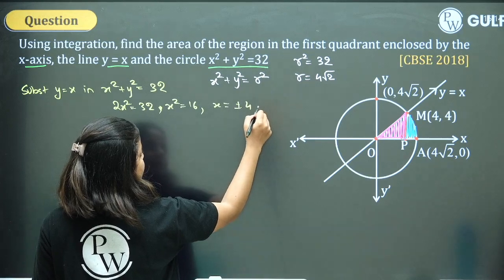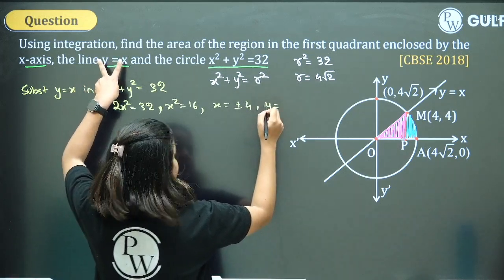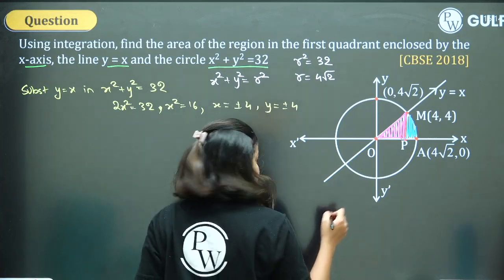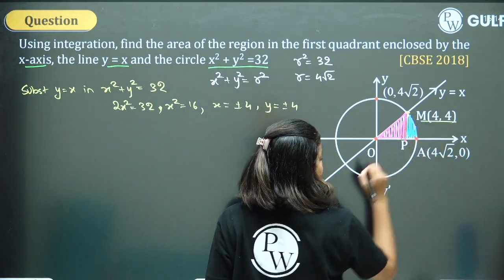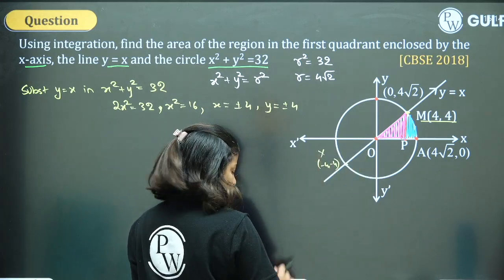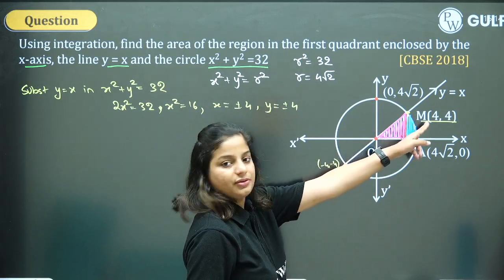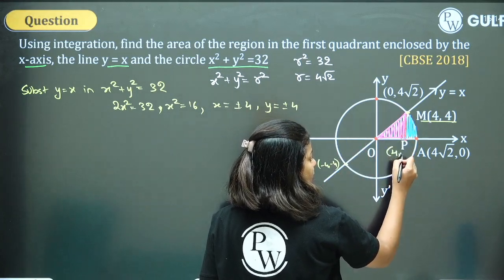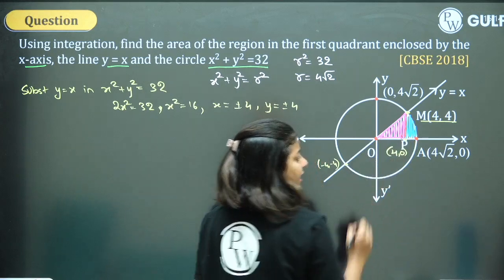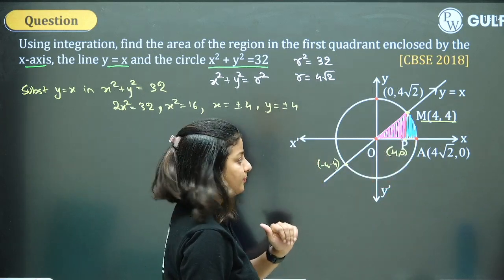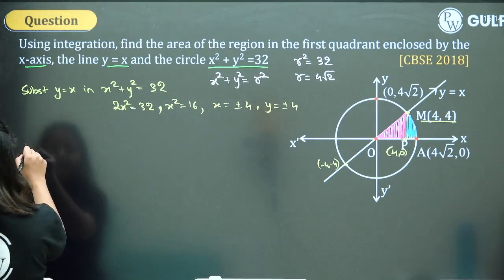When x is plus minus 4, both x and y are equal, so y also will be plus minus 4. That means the points of intersection are 4, 4 and minus 4, 4. We are not really bothered about this part. हमको सिर्फ उससे interest है. If this point M is 4, 4, the coordinate of P will be 4, 0 because it's on x-axis, x first, x 4, y 0. Required area